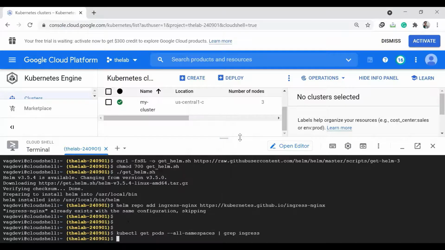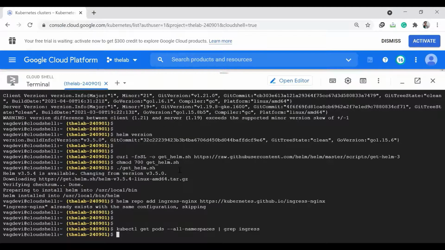So let us understand what this means. kubectl get pods. So if you remember, we have learned about this command, right? kubectl get pods, get services, get deployments and all. So this says get all the pods from all the namespaces and find those pods with ingress in their names.